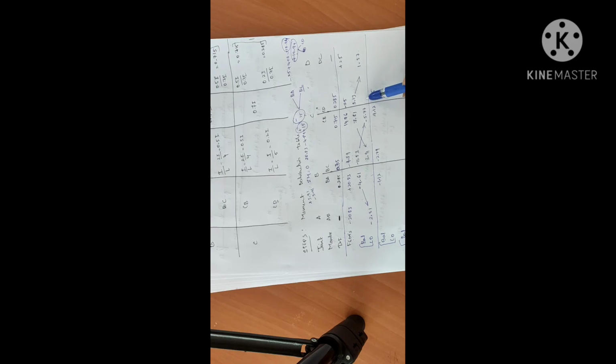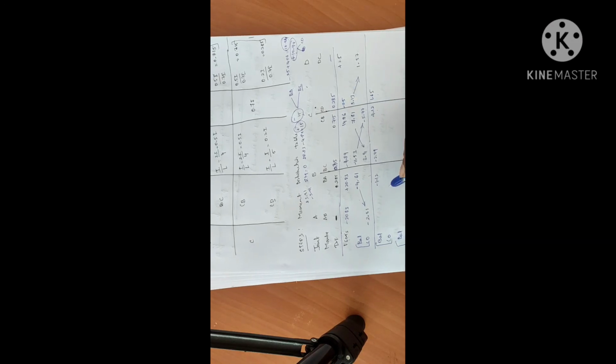Here there is nothing. If nothing, consider 0. Minus 7.7 is the unbalanced moment. Balancing will be plus 7.77. Why? Because at an intermediate joint the summation should be equal to 0. If the moment there is 0, to balance it you should apply an equal amount of moment to make it 0. So for minus 7.7, to make it 0, you apply plus 7.7. Multiplying that with 0.75, you'll get this answer, and with 0.285 you'll get this answer.